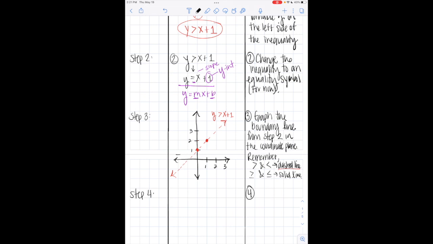So in step 4, we're going to shade one side of the boundary line